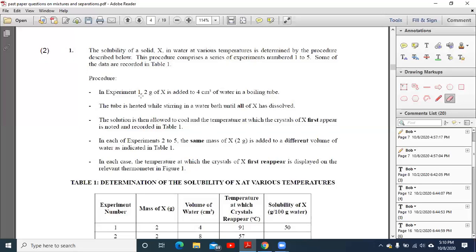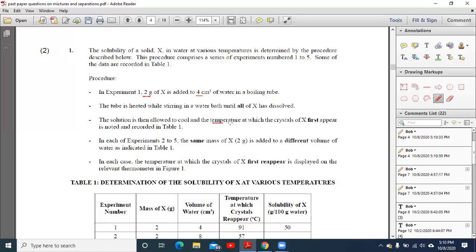In experiment 1, 2 grams of X is added to 4 cm³ of water in a boiling tube. So let's take note of our amounts. We have 2 grams of X and 4 cm³ of water. The tube is heated while stirring in a water bath until all of X is dissolved. So you're dissolving all of X. The solution is then allowed to cool, and the temperature at which the crystals of X first appear